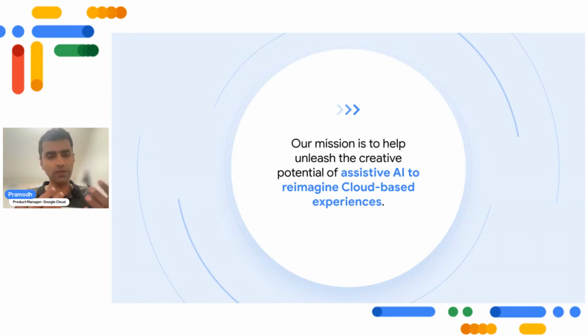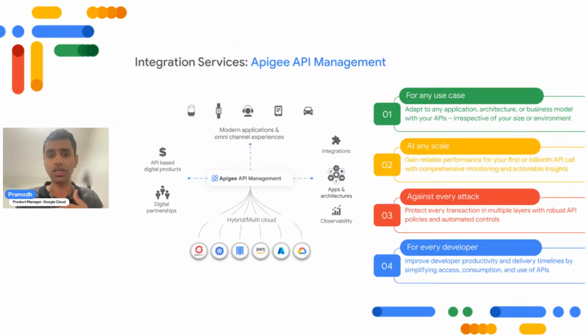We are going to showcase many of these with a demo. Before I go into showing Duet AI in the demo, let's spend a few minutes to make sure that we all understand what Google Cloud has to offer in terms of application integration, automation, and Apigee API management. Google Cloud has one of the most advanced, market-leading API management solutions called Apigee. It has been rated a leader for the 8th year in a row, and will continue to be, by Gartner and others in the API management market.